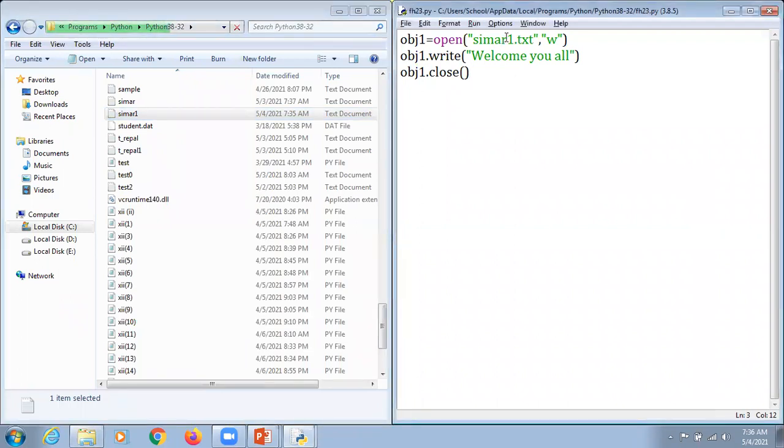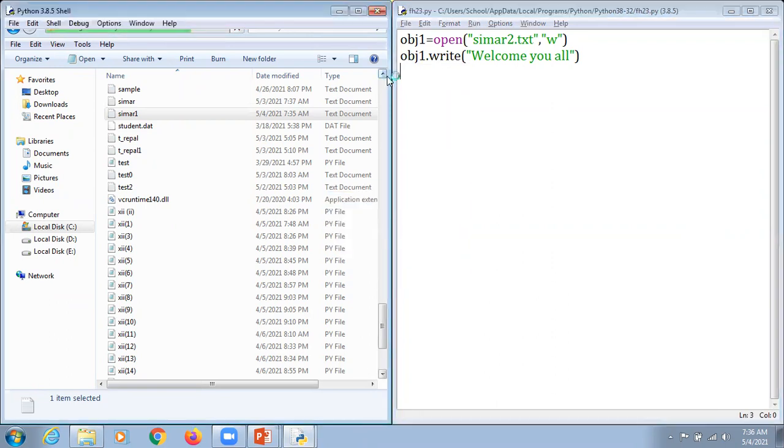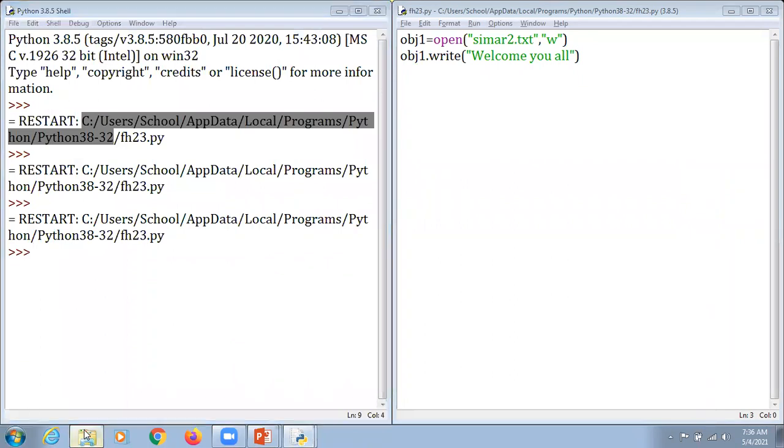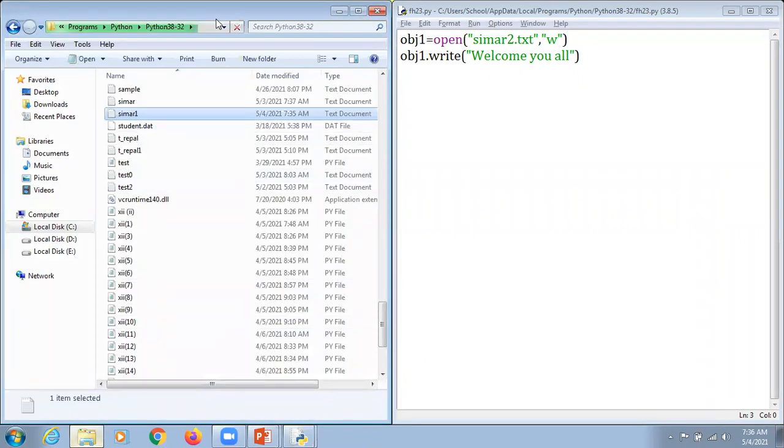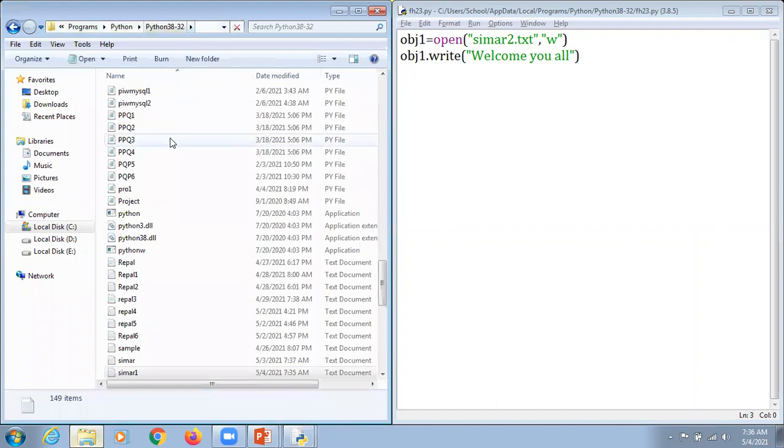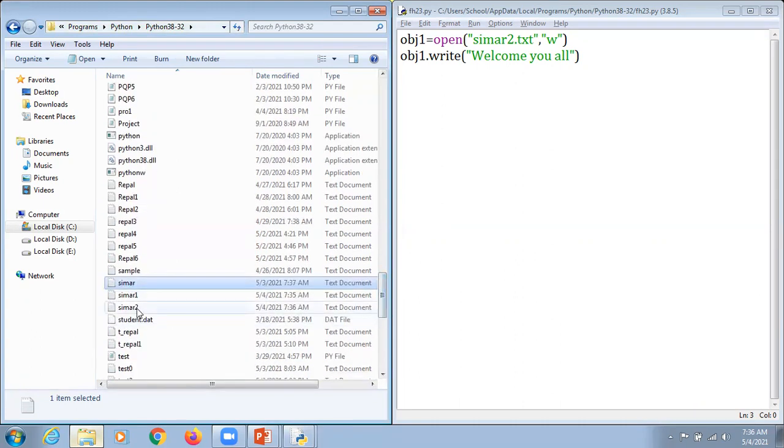Now, kindly concentrate here. I'm going to make changes in the name of that particular file. Again, for practical demonstration, I'm going to hit the enter key here. Again, we are searching for a file, that is simar2. Okay, yes, this is simar2.